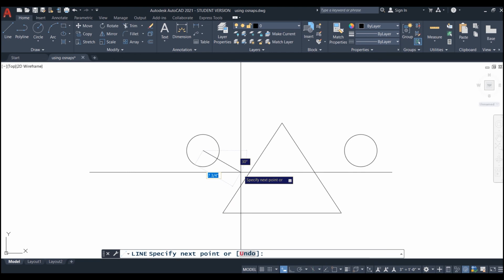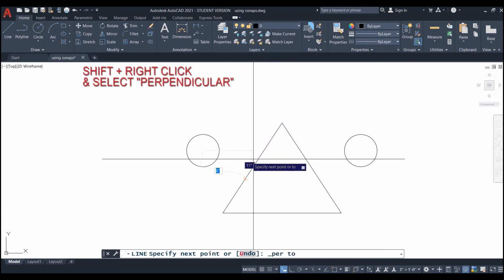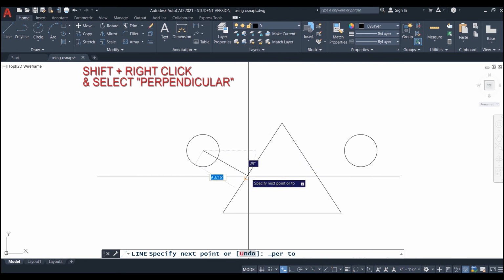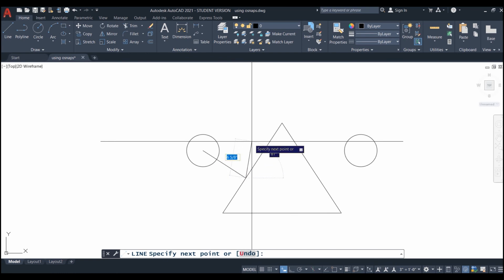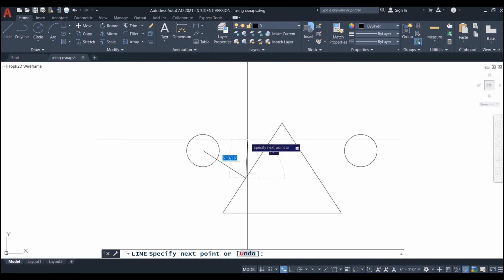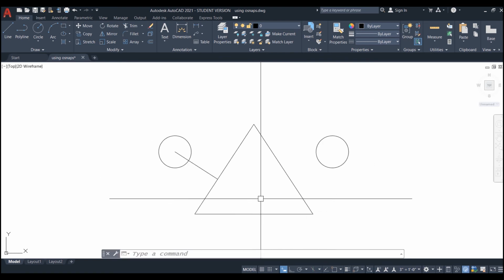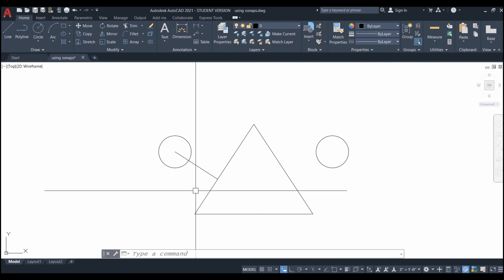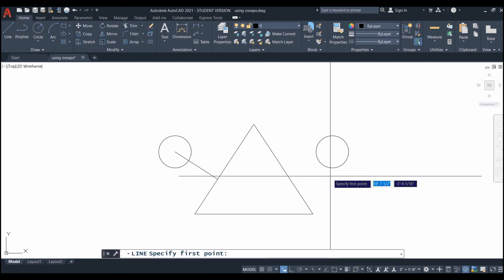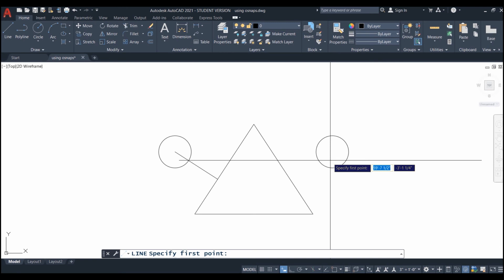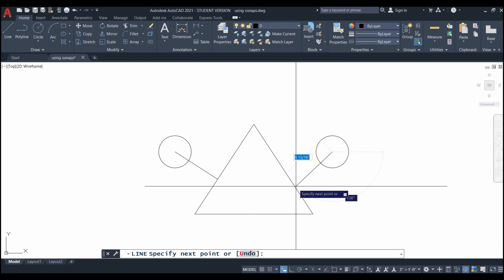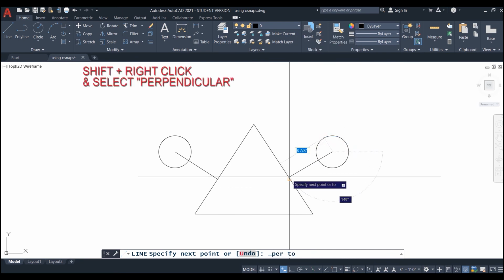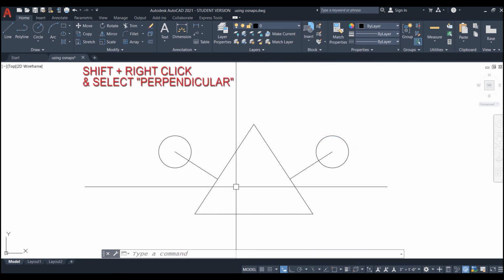Let me click and I am going to draw that to shift right click perpendicular and I will select this line. Notice I can click anywhere I would like along this line and AutoCAD will still find the perpendicular location. I am going to click to get that and then I will hit escape to get out of the command. We'll do one more. We'll hit my spacebar to go back into the line command and we are going to draw a line from the shift right click center of this circle to a point, shift right click perpendicular to this line, and I will hit escape to finish.